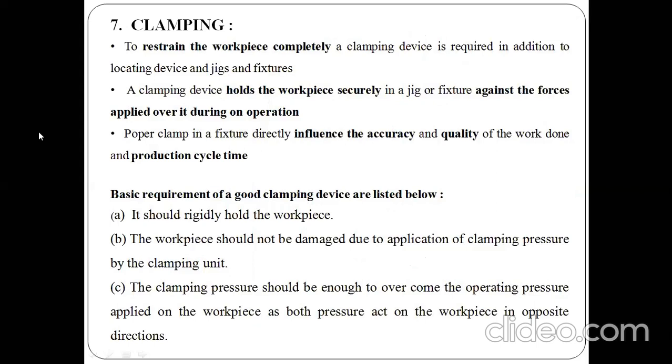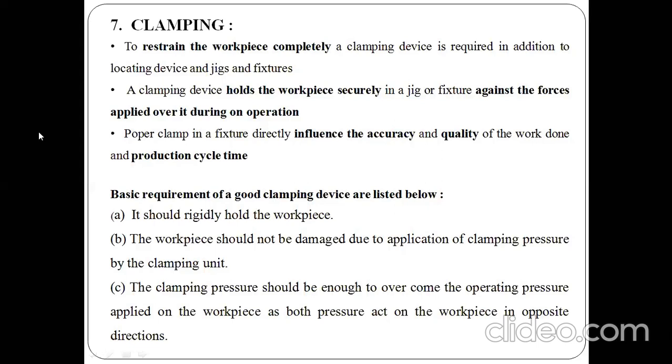Clamping is the other part. As we know, after locating your workpiece, after identifying the shape of your workpiece, meaning what you have to manufacture from your raw block, we will clamp your workpiece. You locate your workpiece with the help of these different locating elements. After identifying the workpiece and its accuracy, locate your workpiece over the fixture. After locating the workpiece, we need to restrict the movement.